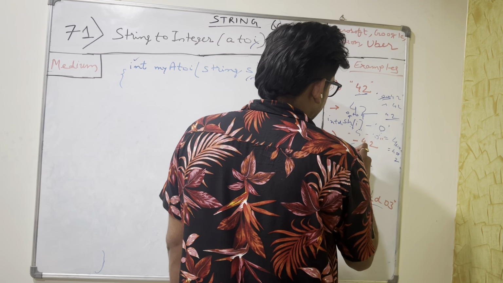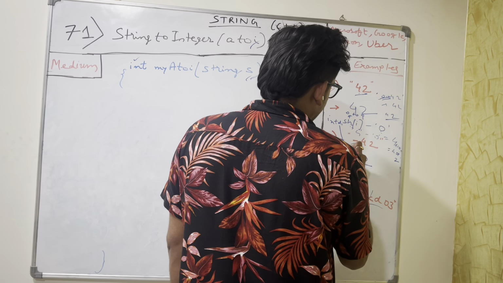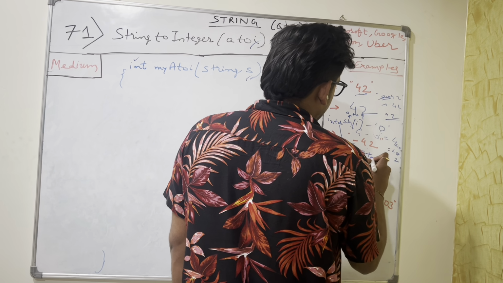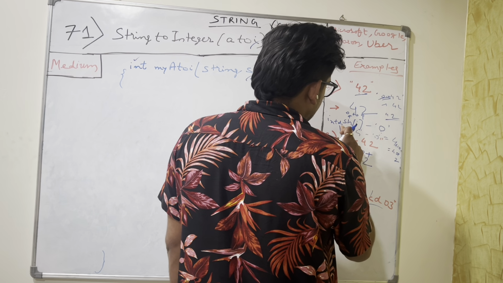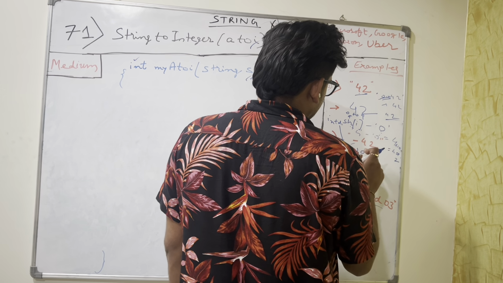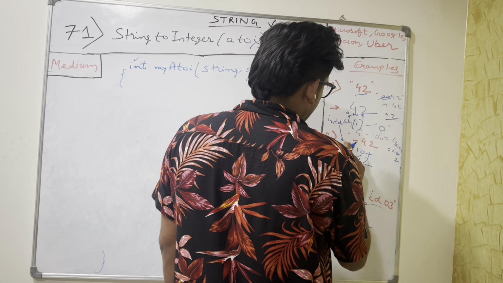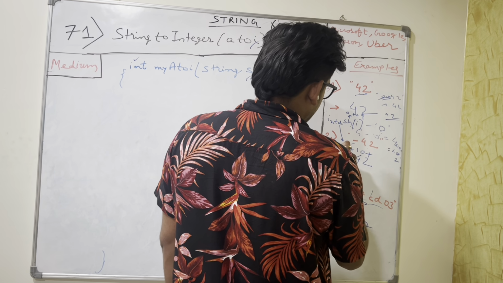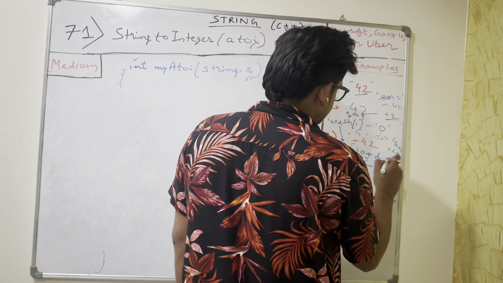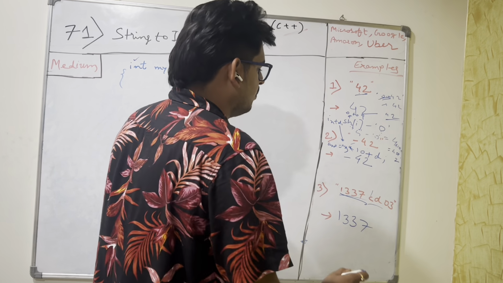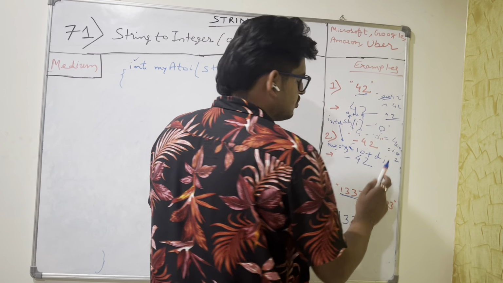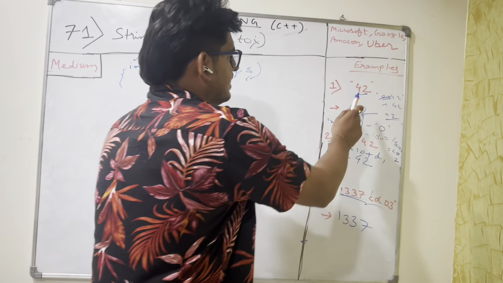So if this value is d, so we can have the value as answer, and answer will store at 0, and we can have the answer into 10 plus d, right? So when the answer will be 4 and then the d is 2, so 4 into 10, 40 plus 2 will be 42,